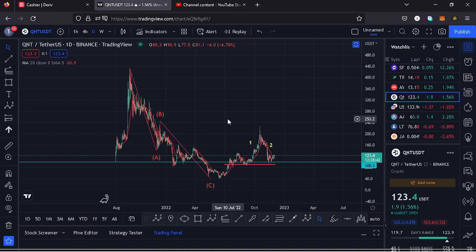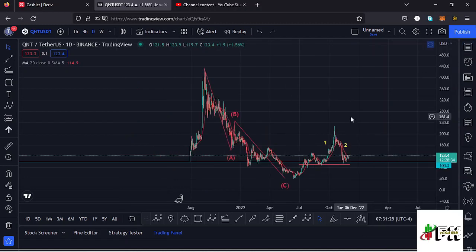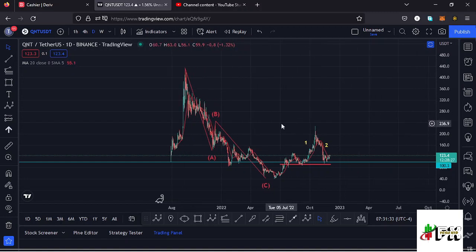I'll be giving you a price prediction update on Quant, whose current price stands at the $123.4 mark, and here on TradingView the market is up by 1.57%. In this video I want to give you the short-term and the long-term scenarios that I expect to play out, basing my analysis on the Elliott structures, the Fibonacci levels, and also the key areas of support and resistance. And allow me to kickstart the video by giving a brief of what has been happening here on the